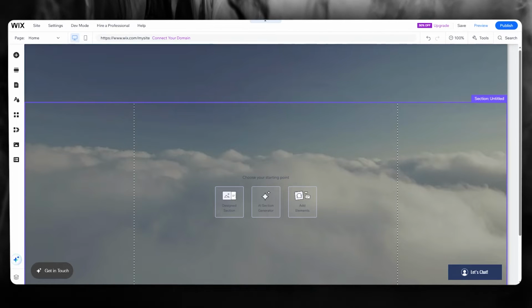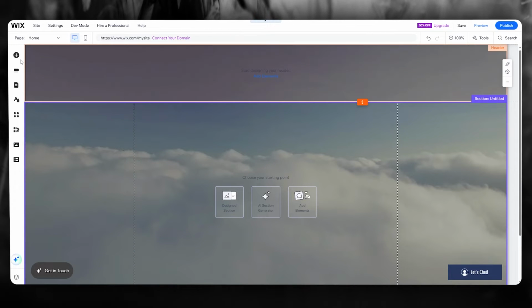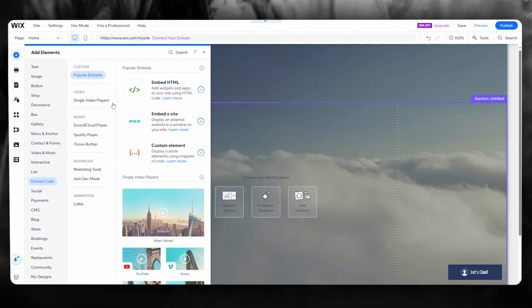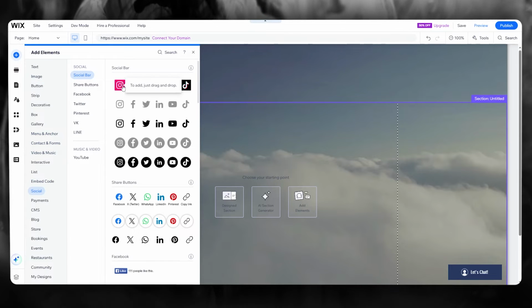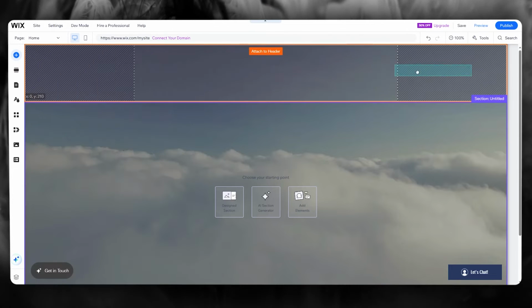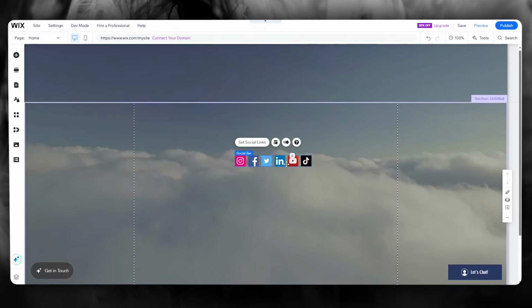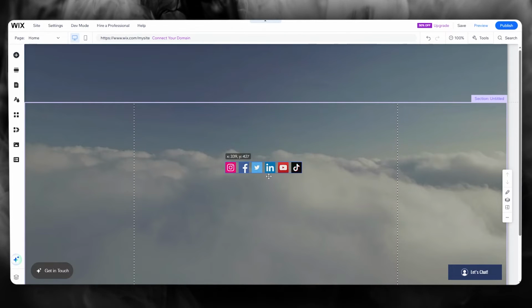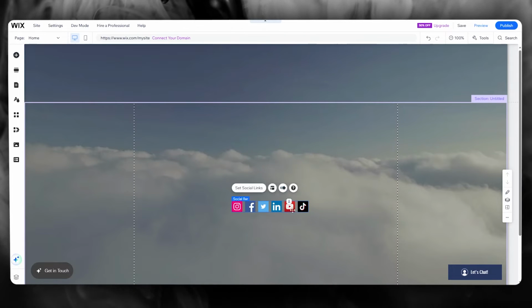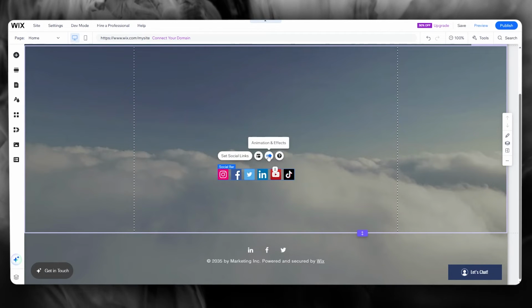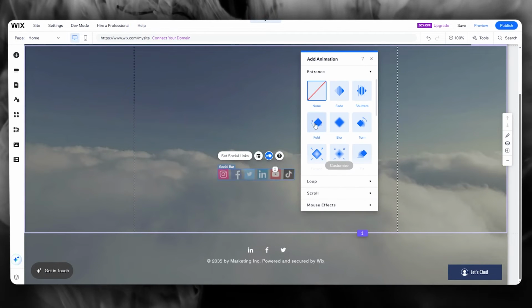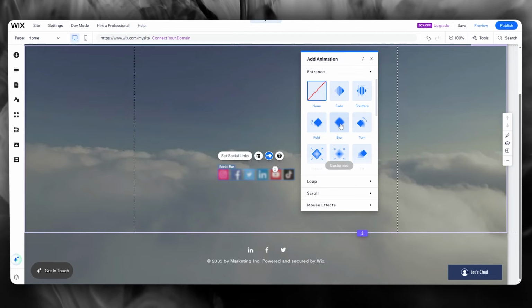So to do this for yourself, you're going to come over to your Wix editor and add any element in your design. Let's say I'm going to add this over here. This is a social bar and I want this to animate as we come into the website. So I'm going to go on animation and effects and I'm going to go ahead and blur it